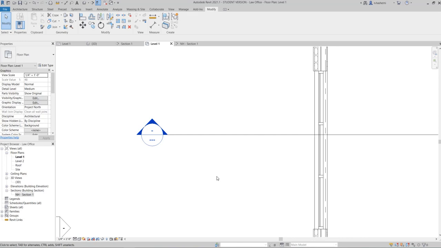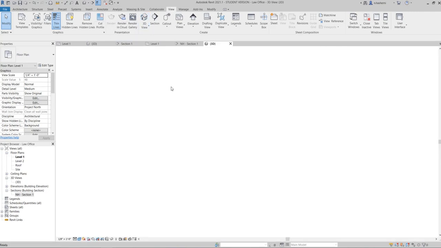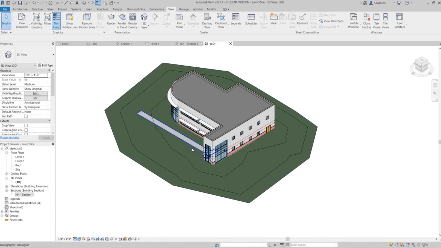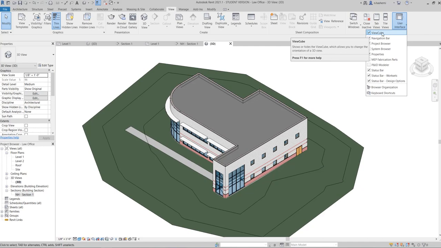Now, next, let's go to our 3D view. Okay, so we have it here, and again here. Let's just click. Okay, now we have the 3D view of our building, the windows, walls, and our site. And this is the view cube: south, east, top, corner, front, right. And if you accidentally deleted this, you can go to View, User Interface, and make sure the view cube is checked.